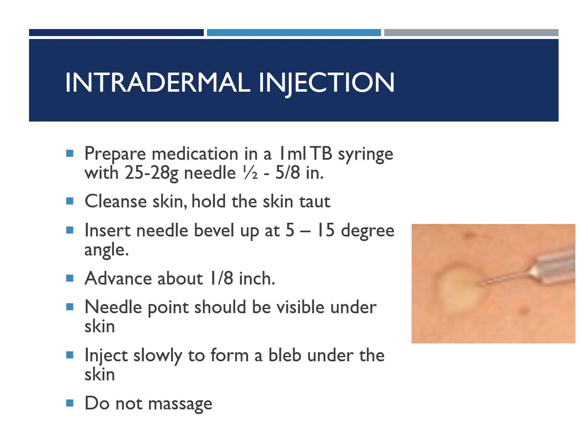And you're going to advance that needle about 1/8 of an inch. This is going to be very shallow, and you should be able to see that needle point under that skin. You're going to inject very slowly to form a bleb or a wheal right under that skin. And if you look at that picture right there, do you see how it's got a little circle there kind of forming where that needle is? That is a bleb or a wheal. Same term, different terminology. You can see either one. We do not massage this spot, and usually we don't put a Band-Aid on it if it's not bleeding.